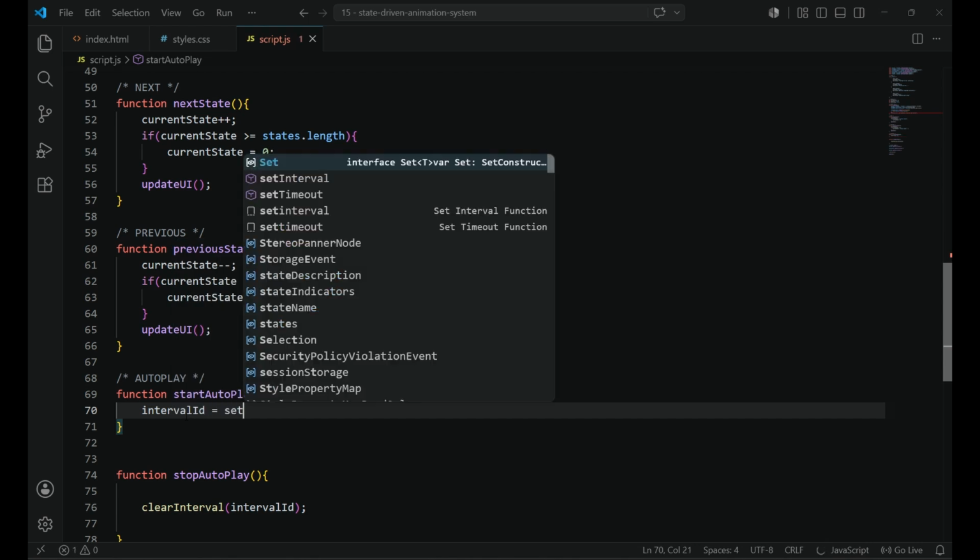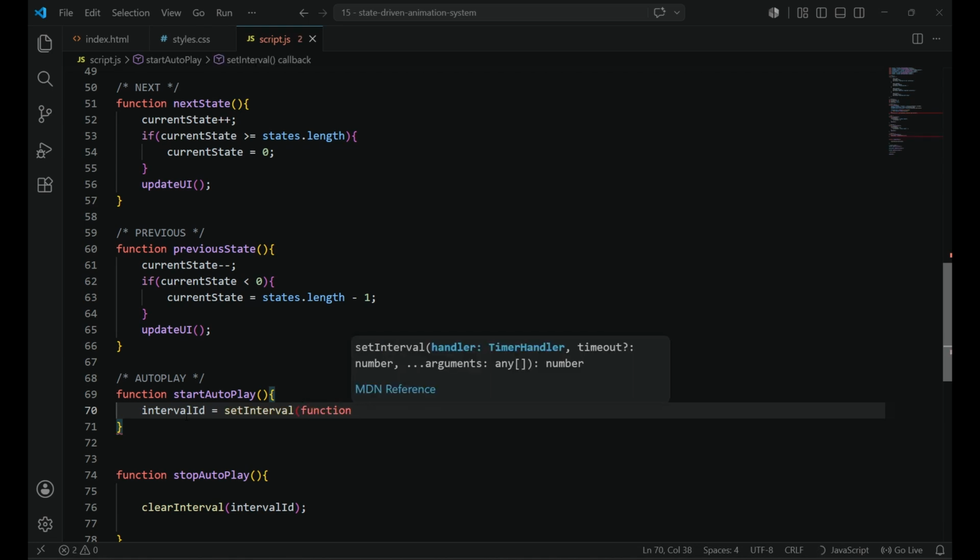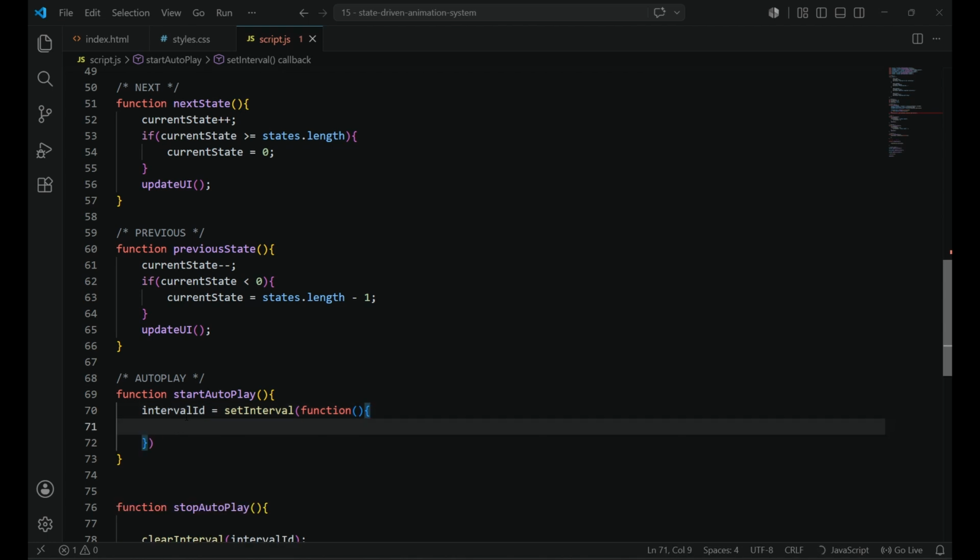I am using the setInterval method, writing a function. Inside the setInterval method I am including the next state button, because autoplay means it will go from 0 to 1,